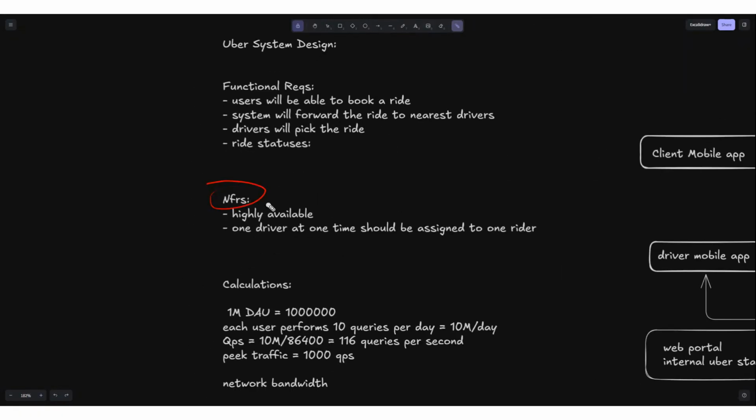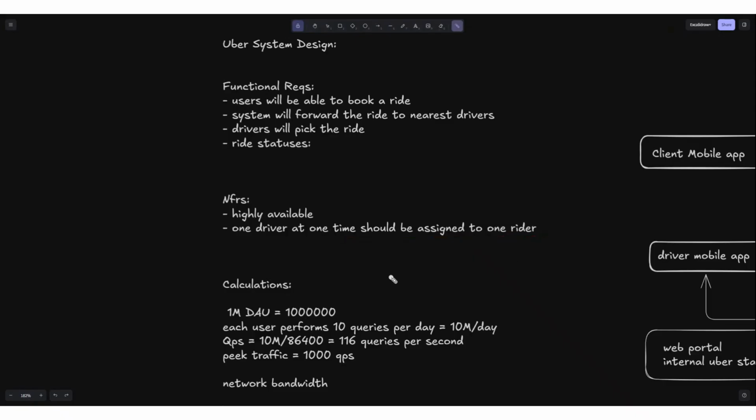And then what do our non-functional requirements become? Obviously, our system will be highly available, always, all the time. Doesn't matter, 24/7, riders should be able to book their ride, so it should be highly available, and it should be partially consistent as well. We are mostly focusing on making the system highly available, but it should be consistent as well when the ride is in a search phase. At that time, one driver should only be assigned to one rider at a time, so there should not be any confusion. It can only be done if we have a proper mechanism for strong consistency in this phase. So the whole system should be overall highly available, but we are prioritizing consistency partially in some parts of our system.